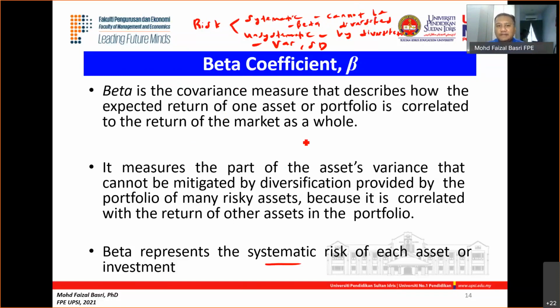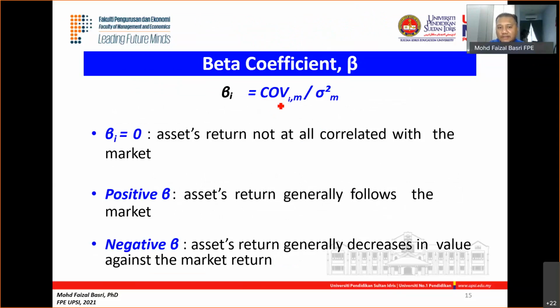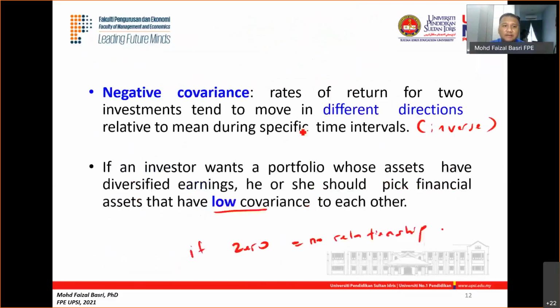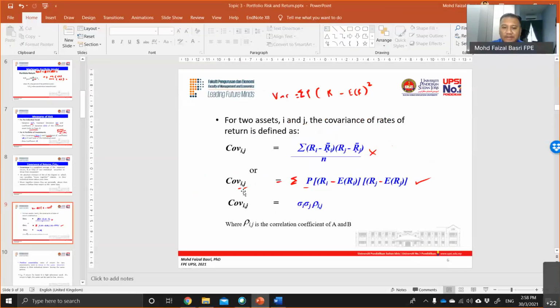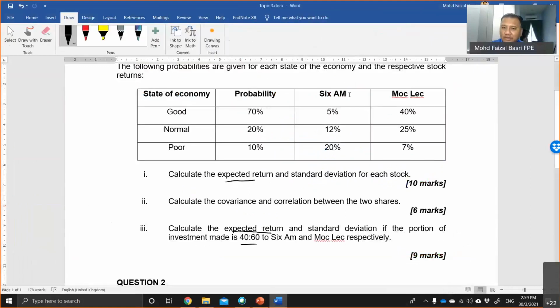Okay, so for beta, the formula is the covariance. But this covariance is different from what we've done earlier. Just bear with me 1 second. If you look here, the covariance is between I and J. So I and J represents two different investments. When I say covariance of I and J, it is basically covariance between stock A versus stock B. So that's covariance IJ. But for beta,